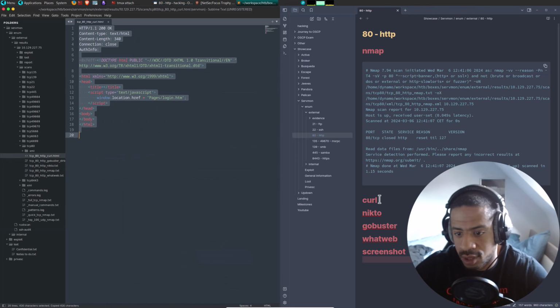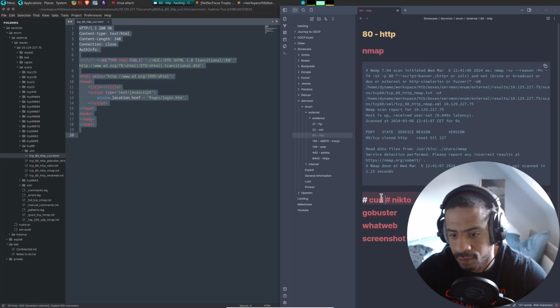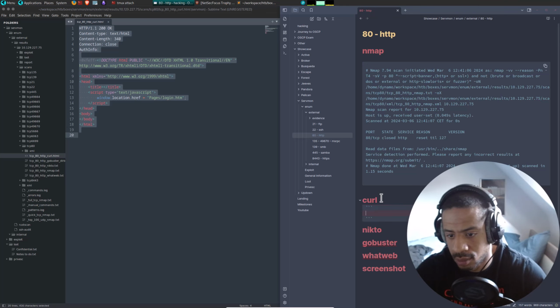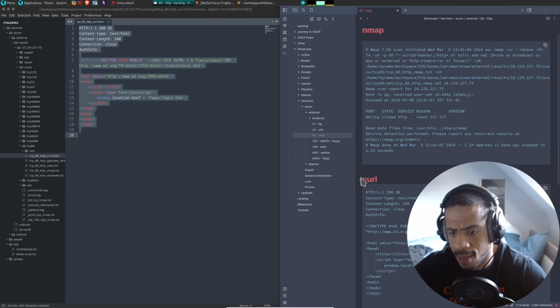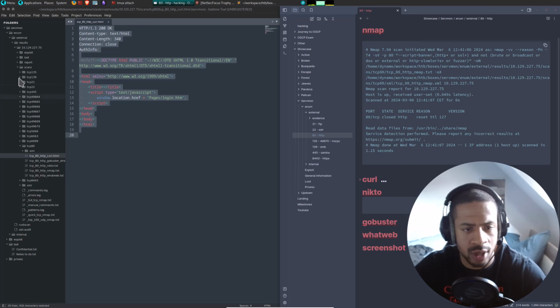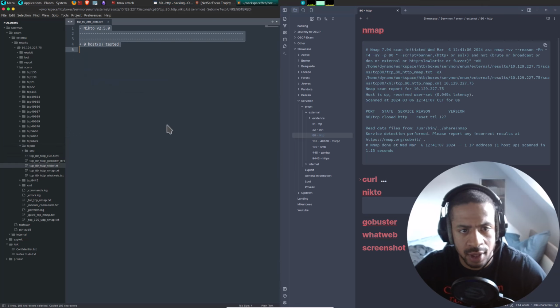Let's take the curl, collapse this, then, and this is a very small page, probably a static page, but it has a login. We'll browse to it and then we'll see.